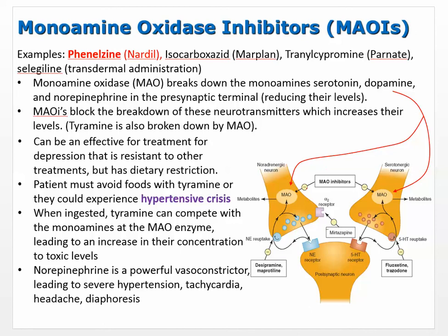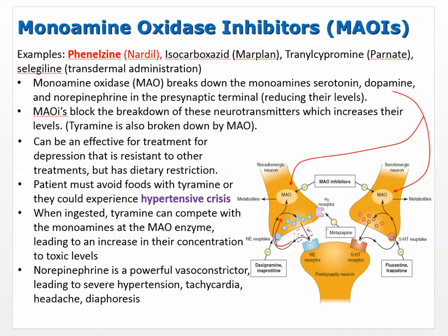Okay, the last one. There's a lot to say about this one too, but it's not that complicated. It's the monoamine oxidase inhibitors. So obviously there's something called monoamine oxidase, and obviously it's being inhibited. If we follow the same path we've been talking about, we release, in this case, I'm over here on the left, the monoamine, which in this case is norepinephrine. And then that norepinephrine is taken back up through that transporter, back into the cell that just released it. Well, there's an enzyme sitting there waiting for it. It doesn't just get a free ride.